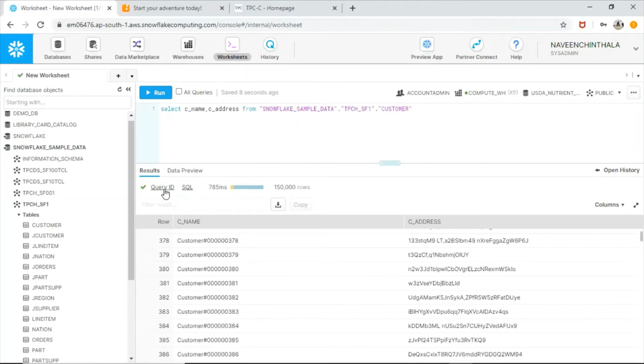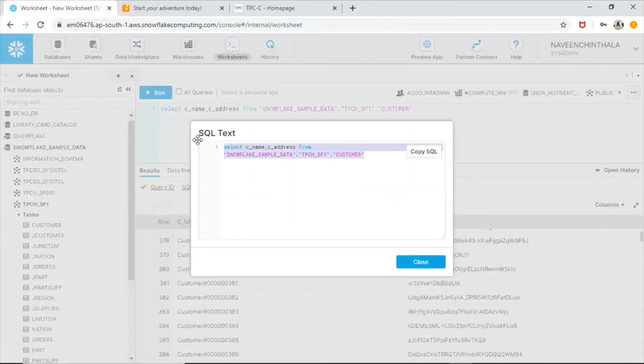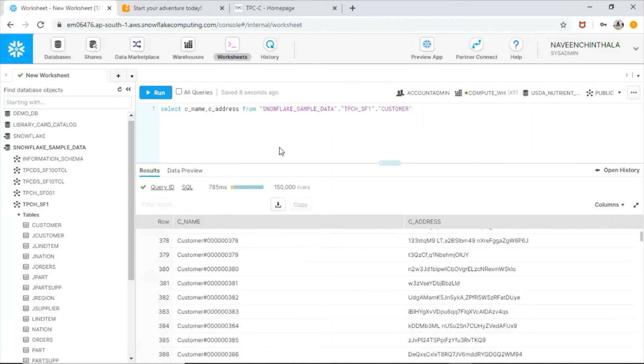There are two other buttons. One is the query ID, which is unique across your account, and SQL, which is the SQL that you used to run this query. Here you have other details like the role that we are using, the data warehouse being used to run this query, and the database and the schema.